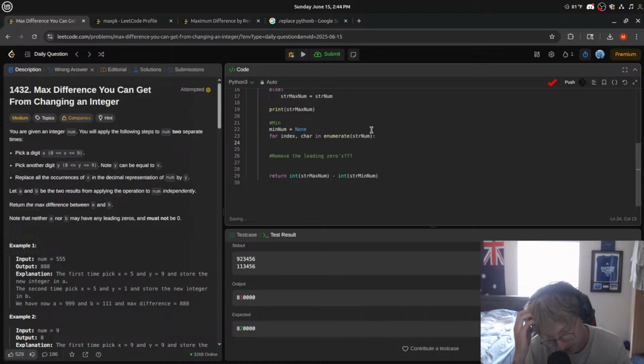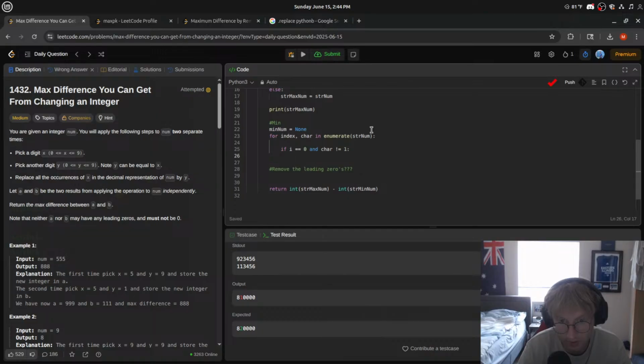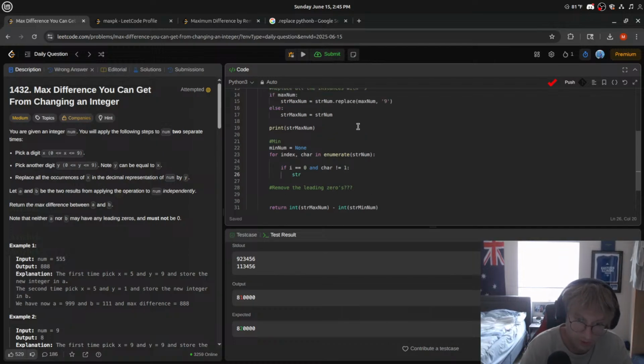Okay, we want to check if i is equal to 0 and char does not equal 1, then we want to replace it here. So we want to replace here. So we would go string